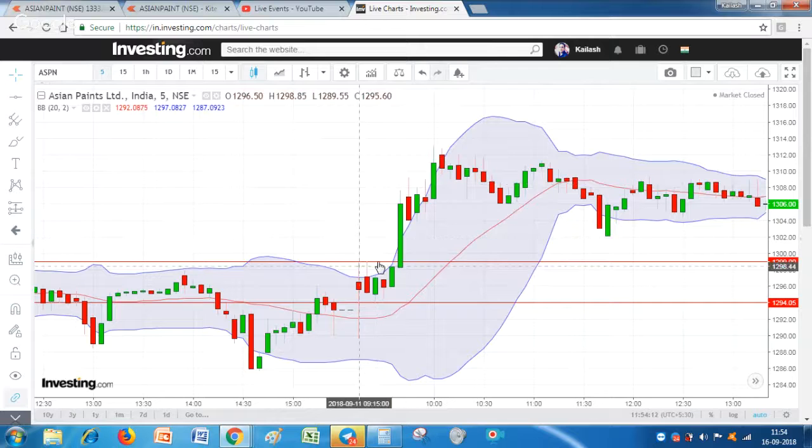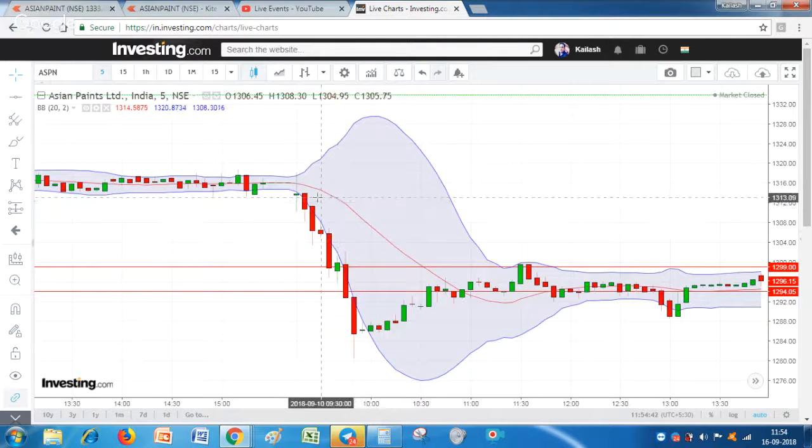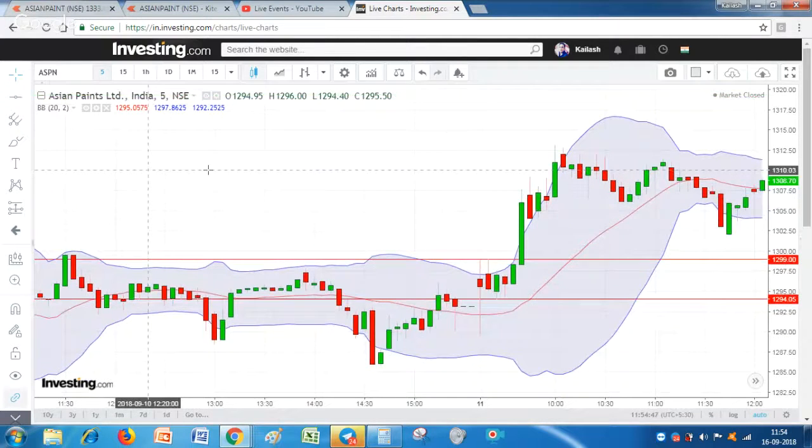Right, friends? So hopefully this middle line strategy is clear, how we can sell and buy as stocks approach the middle line. This is one of the very reliable strategies, but we have to wait for the previous candle high to be broken. Only then can we buy, after the stock has reversed from this middle line to the upper side. The same thing applies on the sell side when the stock goes below the previous candle low. Then we can sell. I have explained the same thing here. This is a sell setup, and this is our buy setup.